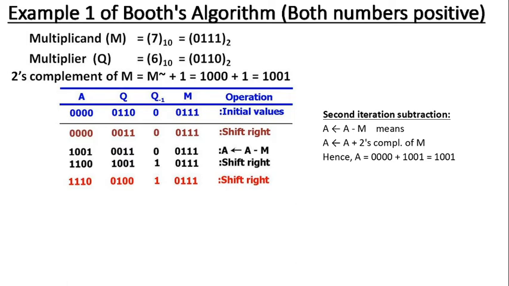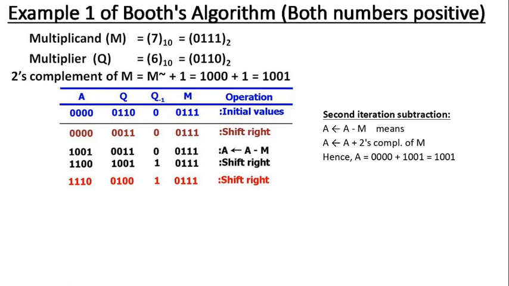Once the third iteration is over, my count will be reduced as per the flowchart. Still my count is equal to 1, so one more iteration is still to be performed. Here it will go back to carry out the last iteration, the fourth iteration. And within that fourth iteration, the result of the third iteration, what has been given in Q0 and Q minus 1 bit, is to be tested. So again, in the third iteration shown by red color at the bottom, its Q0 bit is equal to 0, Q minus 1 bit is equal to 1. So collectively it is 0, 1.